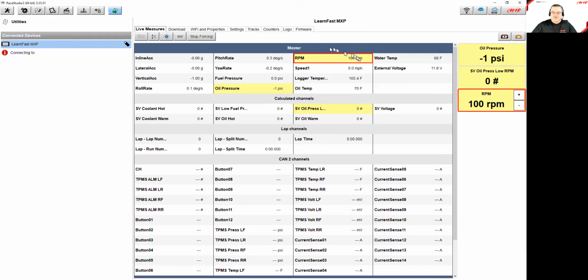And you're going to notice there's a red box around that one, and it's a red box over here, and it's added the plus and minus button. So now my gauge, I've got a gauge over here, it's off camera, but the RPM is showing me 100 RPM, just like it's showing you here. And if I click on this, boom, now it's at 200, it's at 300, 400, 500. And now when I go above 500, remember that was what our rule was, above 500, and if the oil pressure was lower than 5 PSI,